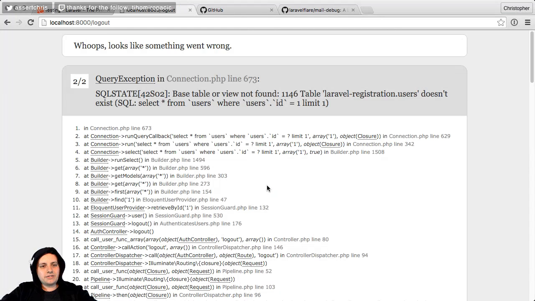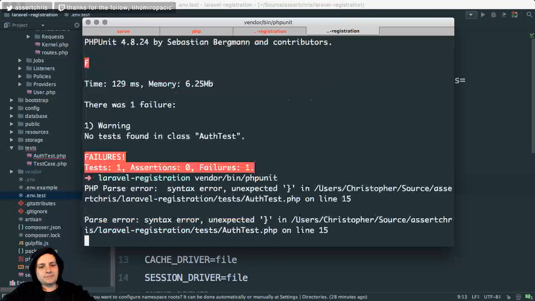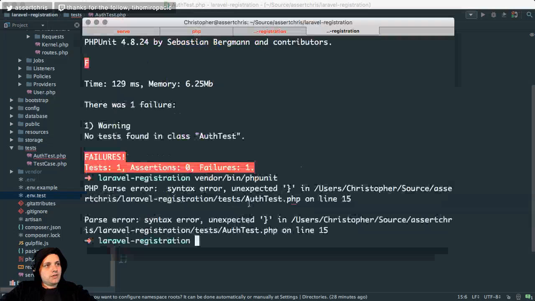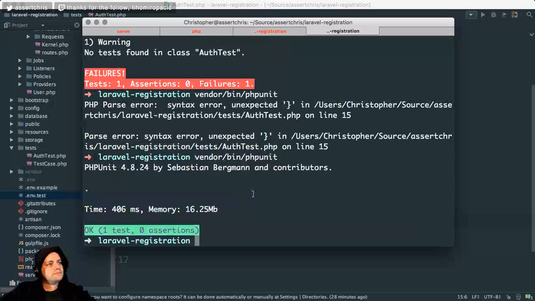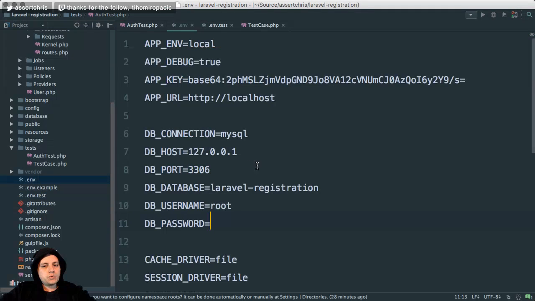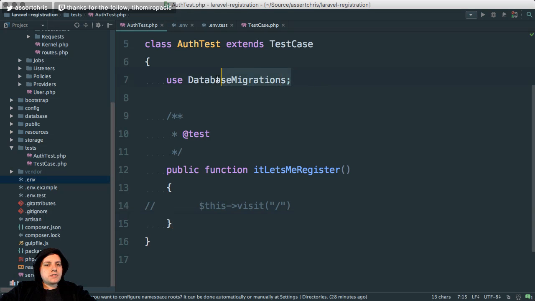That's hilarious. Will this work if I run it? Okay, but I've got a syntax error in the test now. So the thing that was happening was that I ran the tests, but I only had one env file, which was set to use MySQL and this database. And this trait that I was going to explain, the thing that this does is that before each test, it